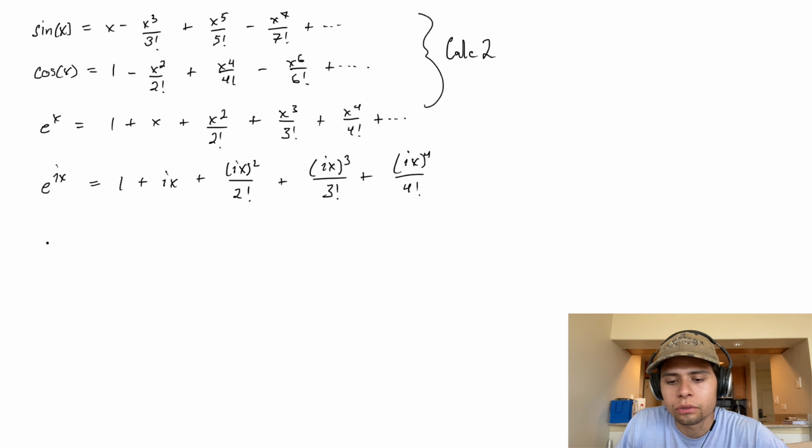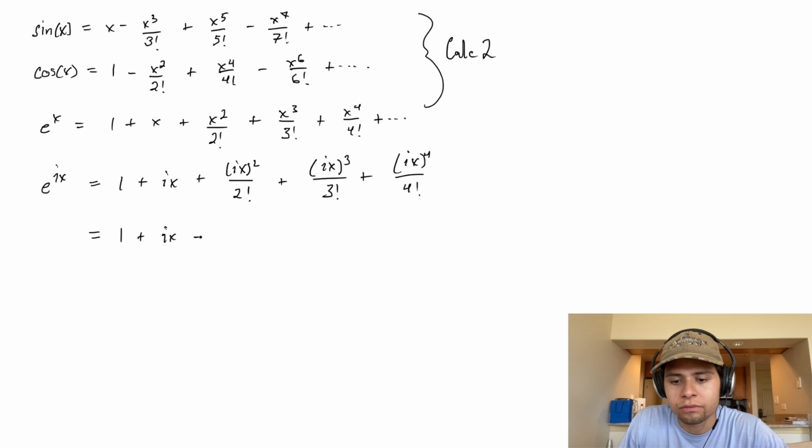And so what does this equal? So we know a little bit about i. i is the square root of -1. Okay. And so this equals 1 plus ix, all right, and then plus,